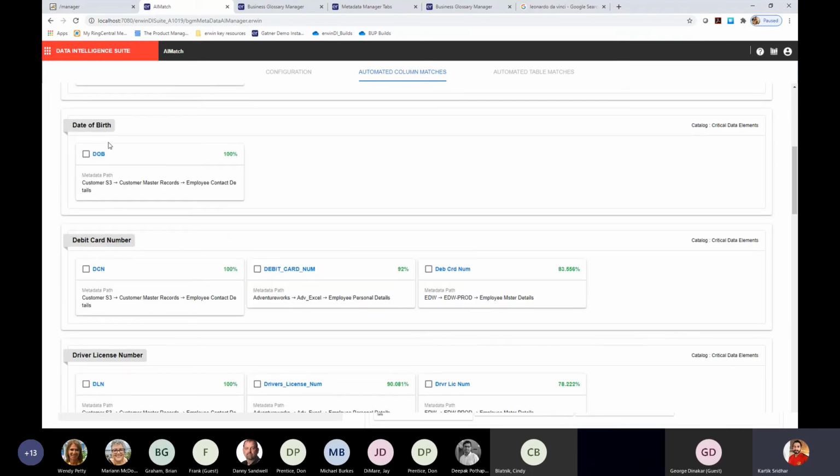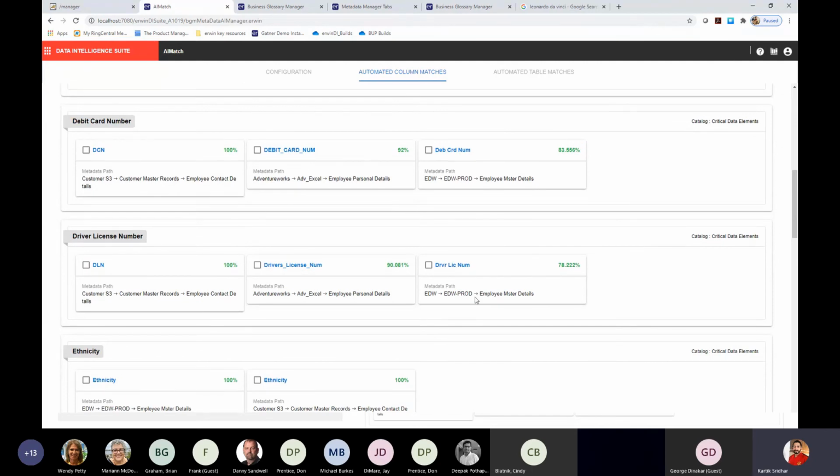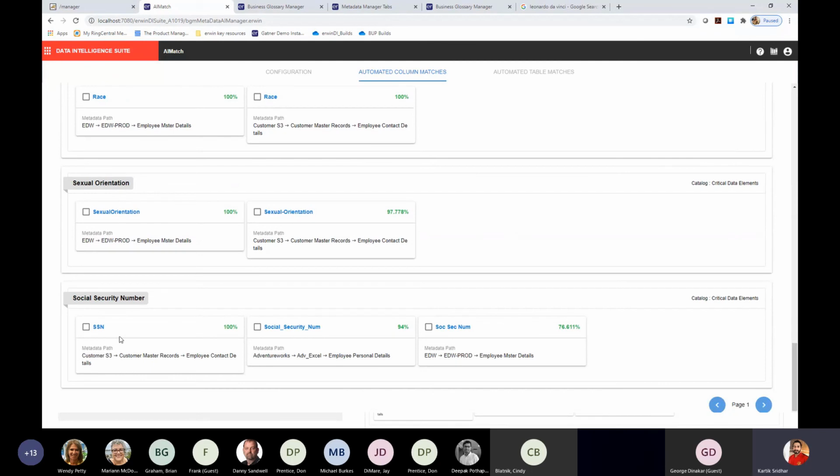Similarly, if you scroll down, it found a DOB match, only one single match, which is 100%. Then it found some debit card matches for you. It found some driver's license matches for you, and so on. Then it also found a social security number at the end. So these are again tools that you can potentially leverage in order to accelerate and get a good head start during your governance initiatives.